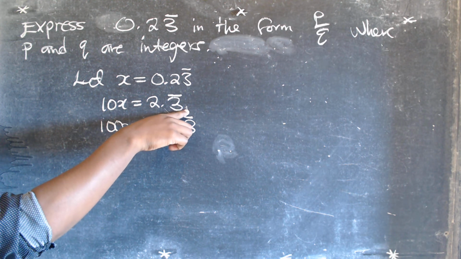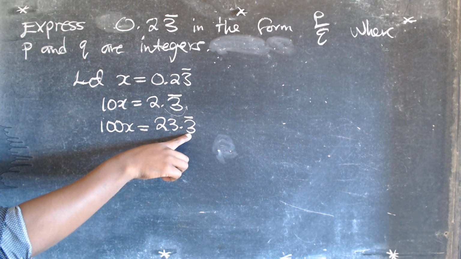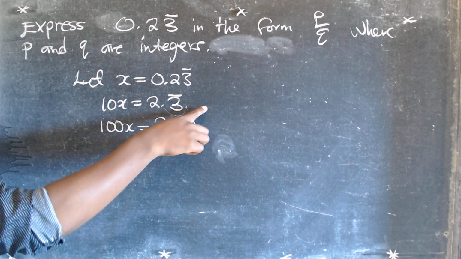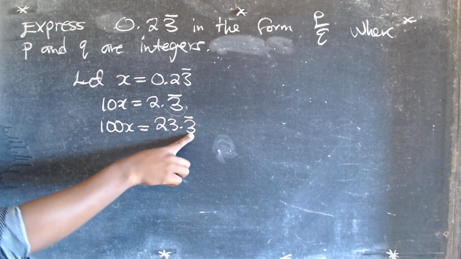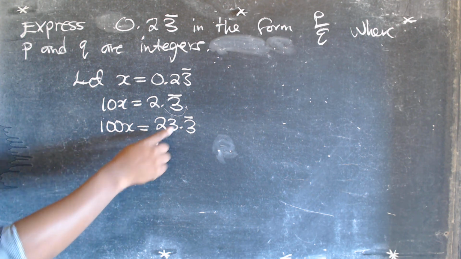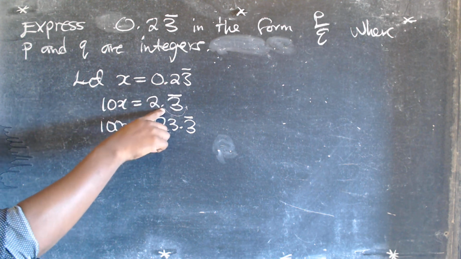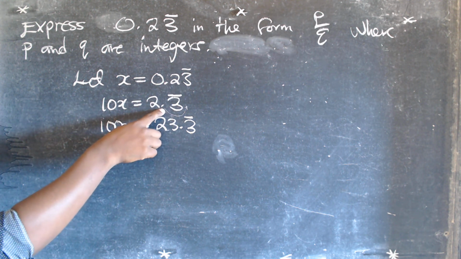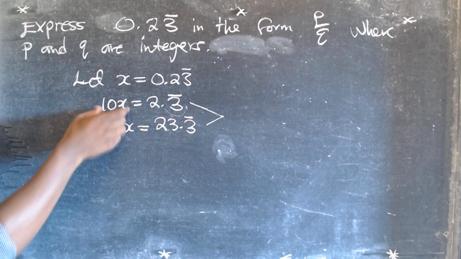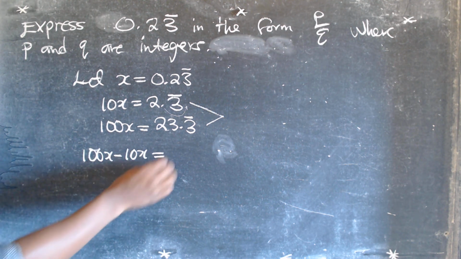So this 3 is repeating. That's why I'm showing that 3 there, to show that even if we move this decimal here, there is a 3 repeating this side, so I'm still showing that 3 repeating. The moment you reach this stage, you get this expression with the decimal just after the bar, and this expression with the decimal just before the bar. We're going to subtract these two. So we're going to say this minus that, so this is going to be 100x minus 10x, which is equal to